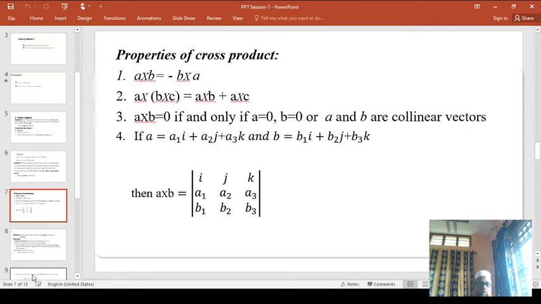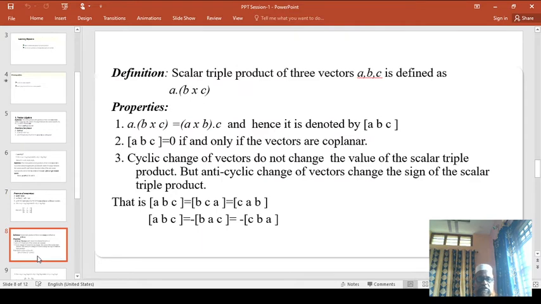The vector product or cross product of two vectors is a third order determinant. The first row is i, j, k, which gives the direction. The second row is the coefficients of i, j, k of the first vector, that is vector A. The third row is the coefficients of the second vector B: B1, B2, B3. If you simplify, we get some function into i, j, k. So the scalar product is simply without i, j, k, and the vector product is with direction i, j, k.